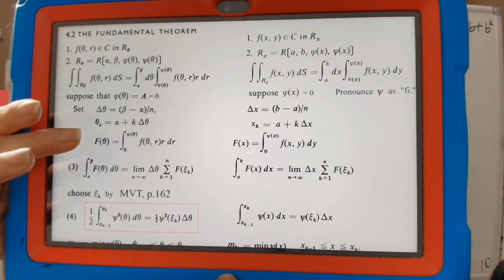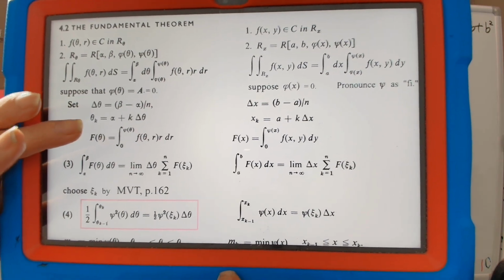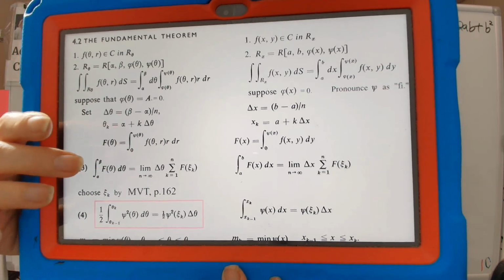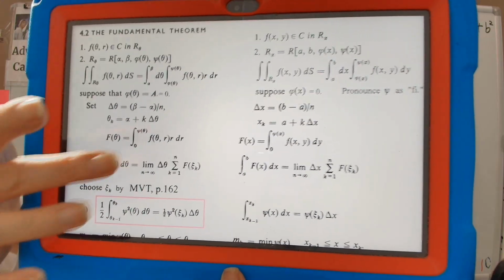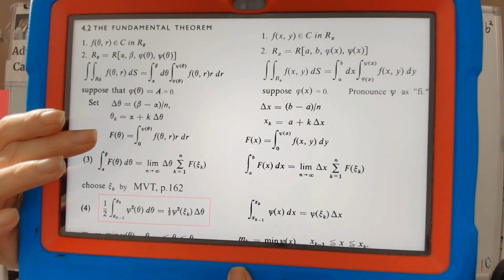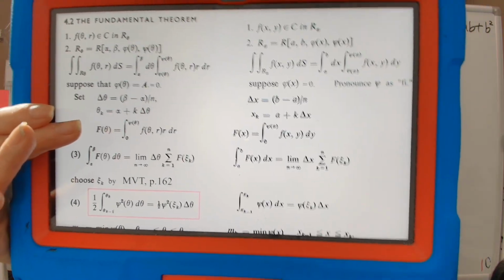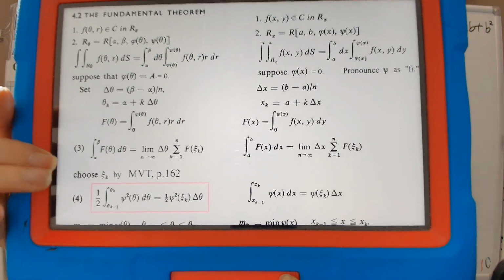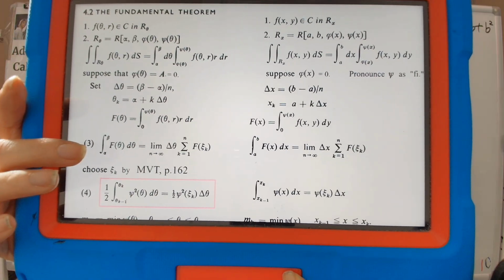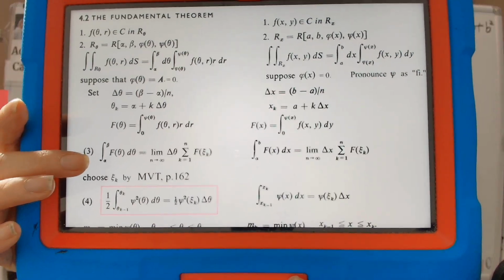So F of theta is the integral from 0 to phi of theta, small f of theta r dr. There's another r in there, okay? And there always is in polar coordinates in integration, which is similar to the old one of f of x, right? And then the next thing we're going to define is the integral from alpha to beta,